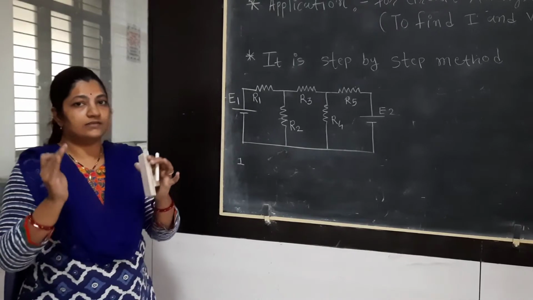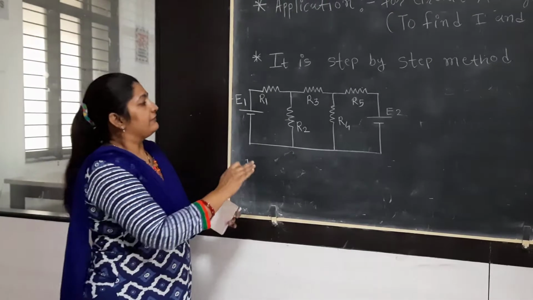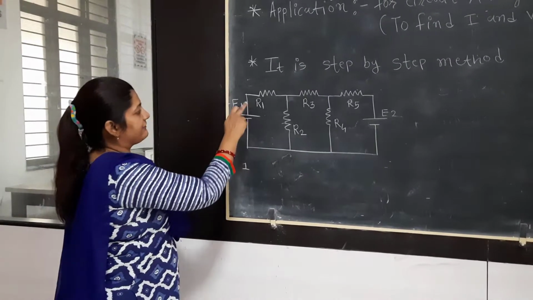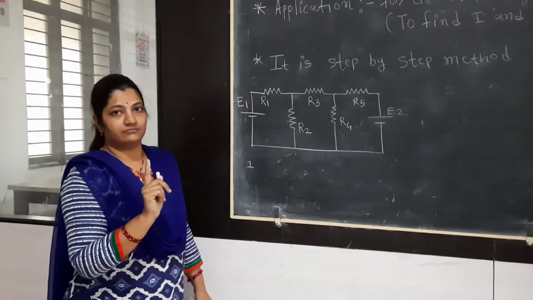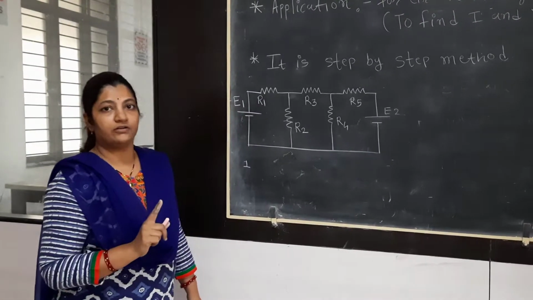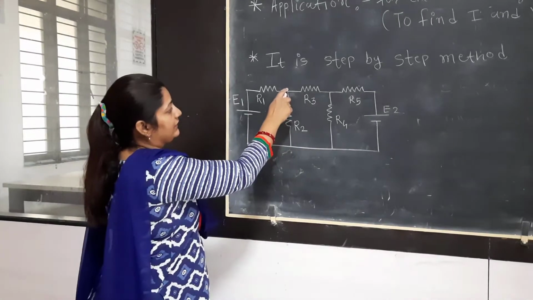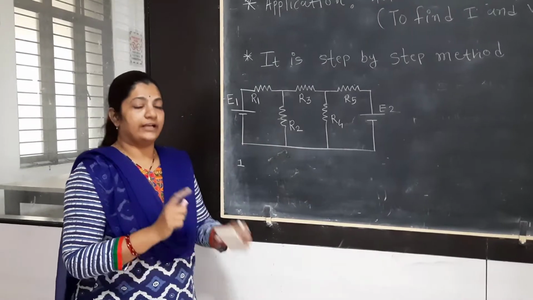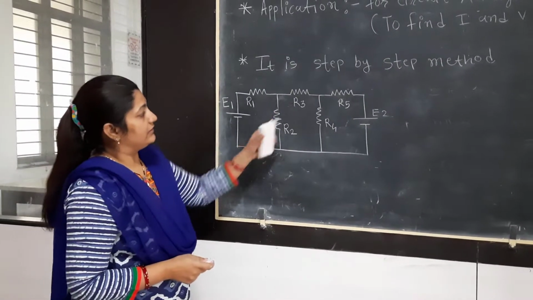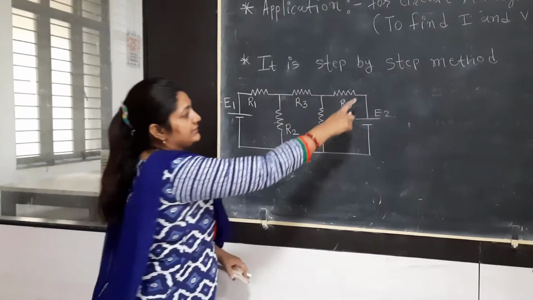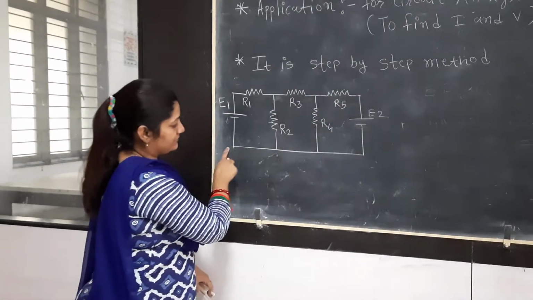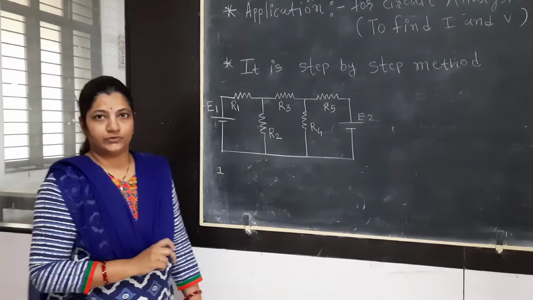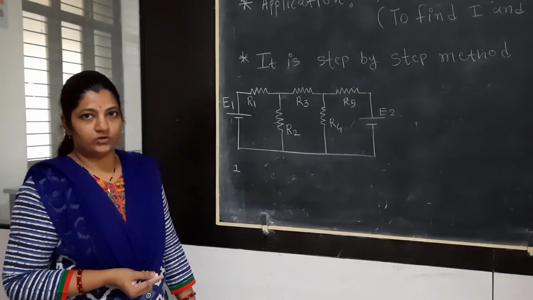With this statement in mind, we have to observe this circuit carefully. You can see that, by the definition, this point is not a node. It is a junction, but it is not a node. What about the next point? At this point, as per our observation, three elements are connected together. It means, of course, this is a node. In the same way, this is another node. This is not a node. And the common bottom line, where most of the elements of the network are connected together, is also known as a node by the definition.